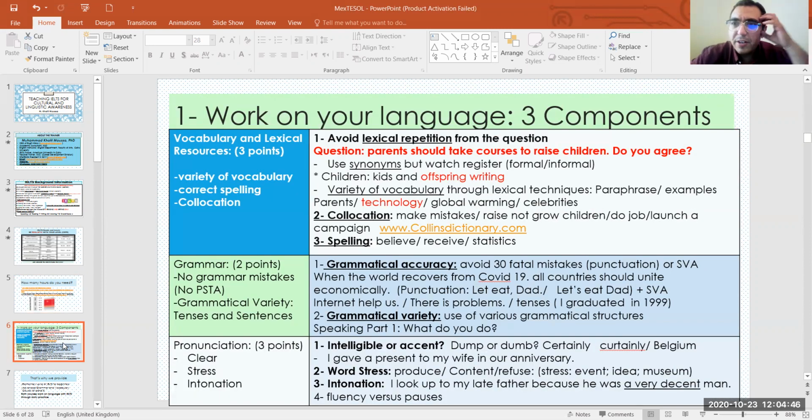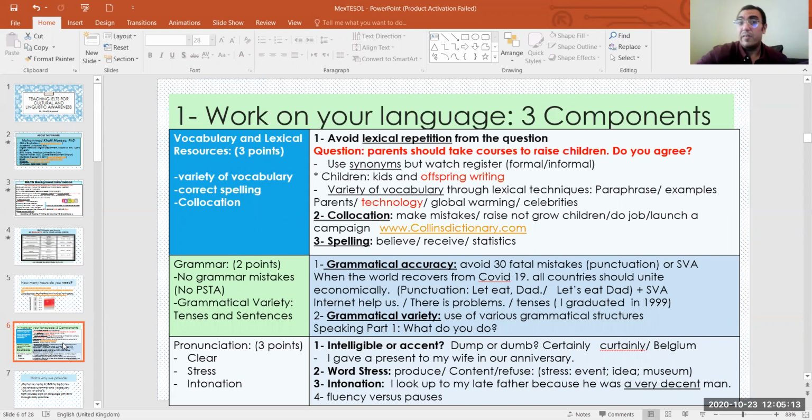IELTS will help you know that language is vocabulary, grammar, and pronunciation. And according to Cambridge, improving your vocabulary for IELTS is very much like improving your vocabulary in general English courses. So instead of wasting time and providing very hectic and boring courses in general English about vocabulary, grammar, and pronunciation, which is a very obsolete way, let's turn to the Cambridge style or IELTS-specific style in